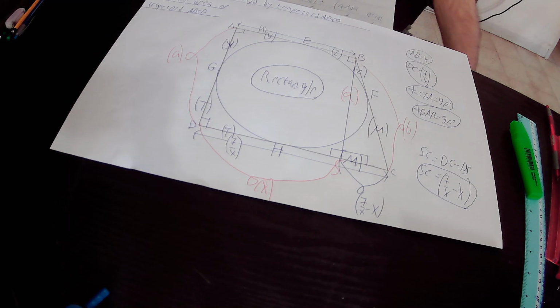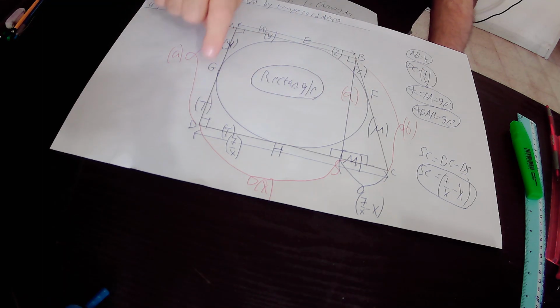Our mission is to find out the area of this trapezoid ABCD. According to the formula that I presented to you in the beginning of the lecture, the area of this trapezoid ABCD must be equal to the sum of its two bases times the height over 2. And we know that the two bases must be parallel to each other. Here we know that actually side AB is parallel to side DC. Why is side AB parallel to side DC? Because of the fact that